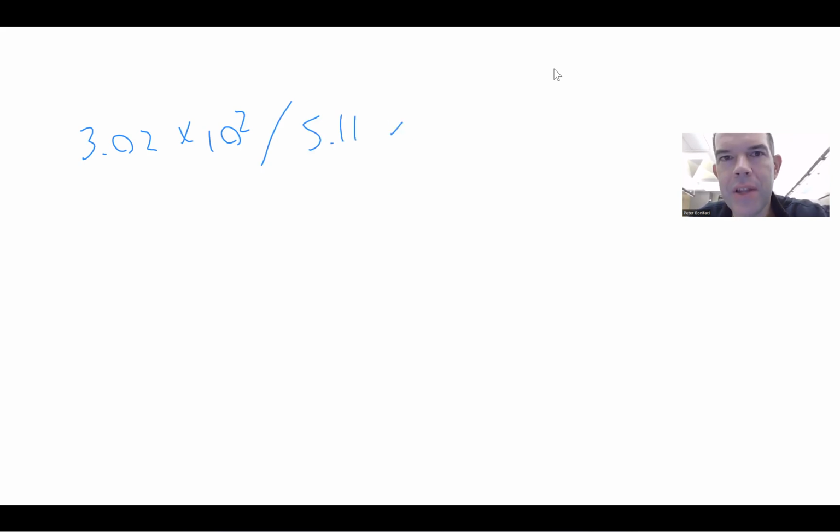Hey guys, I'm going to go over with you how to deal with problems when you get numbers out the other side of the page. Let's say you get a number, like we got in previous problems. This is one of the ones from the warm up yesterday. The question was 3.02 times 10 to the 2, divided by 5.11 times 10 to the fifth. Remember, we do the front numbers first, so it'll be this number divided by that number. And you get out of your calculator